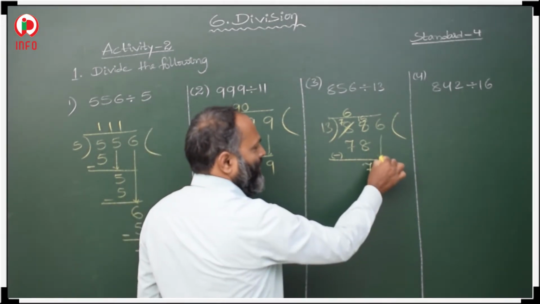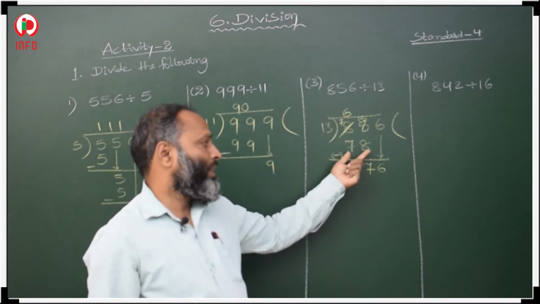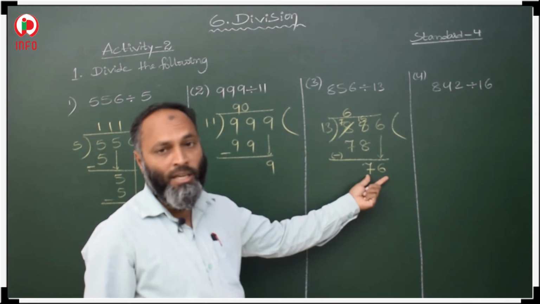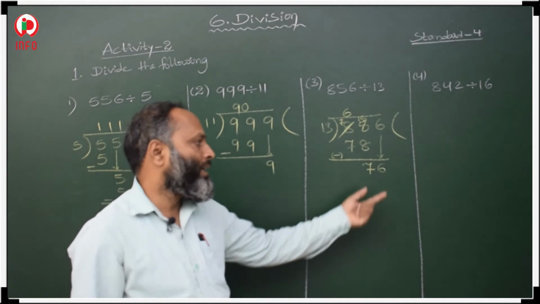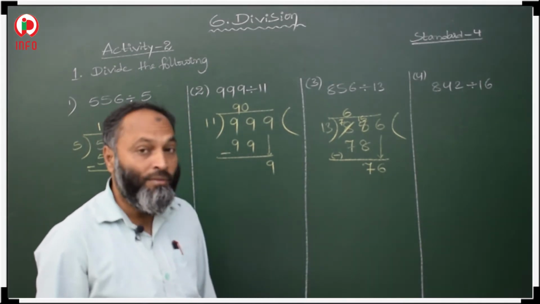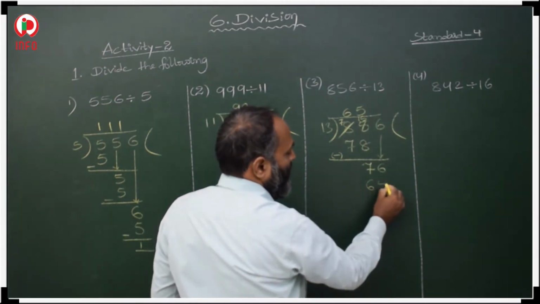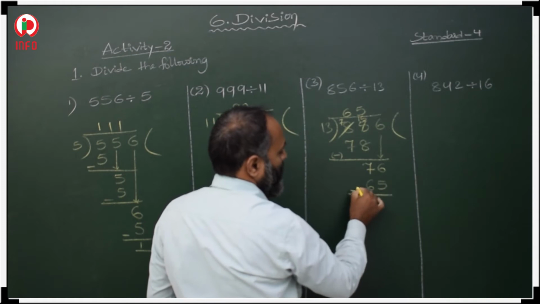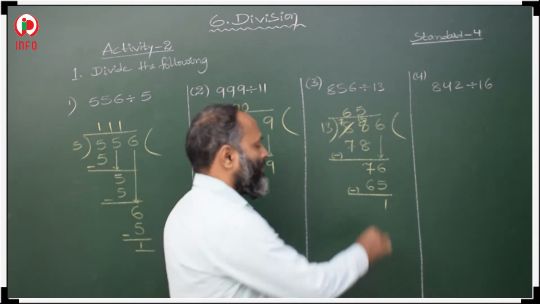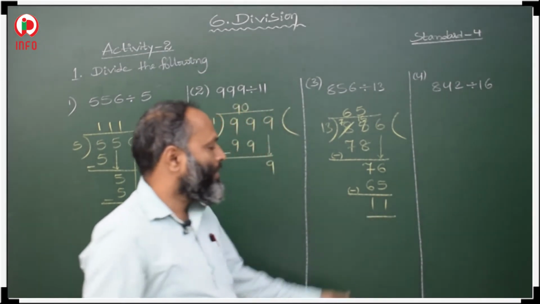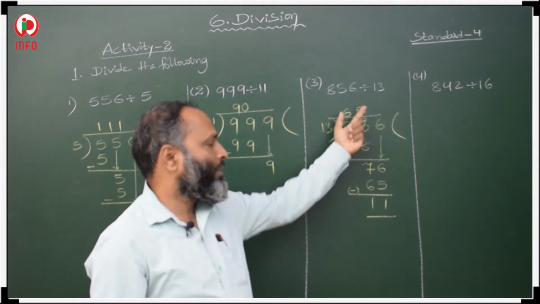Now you see, now you take here 6. Already 13 sixes are 78 we took, and that 78 is greater than this. So 13 sixes won't work out here. So 78 is more than this. So 13 fives we have to take, 13 fives are 65, then 6 minus 5 is 1, 7 minus 6 is 1, 11. This is your remainder, this is your divisor, this is your dividend, this is your quotient.